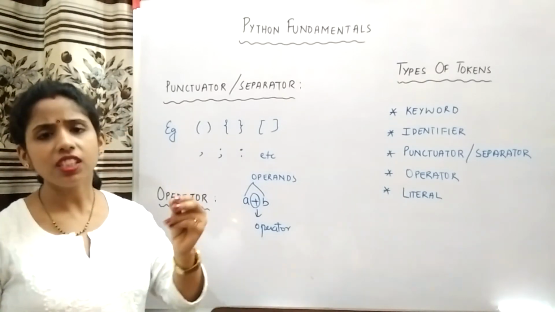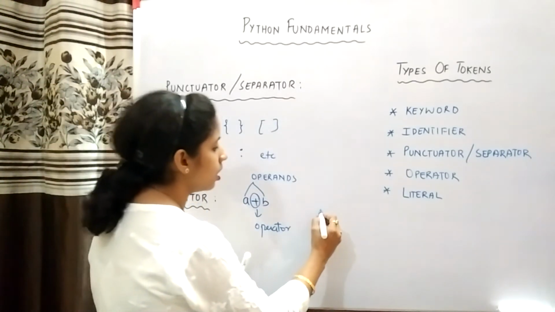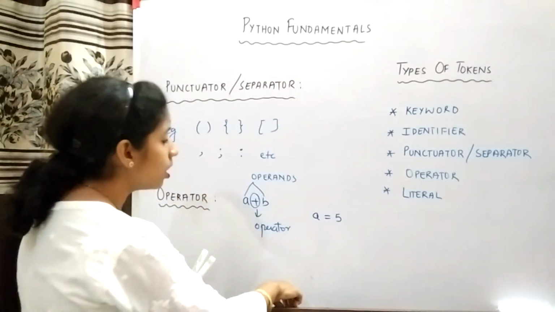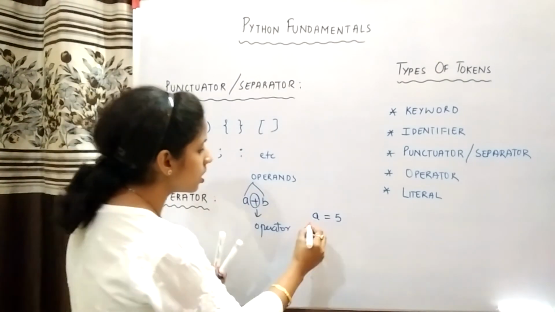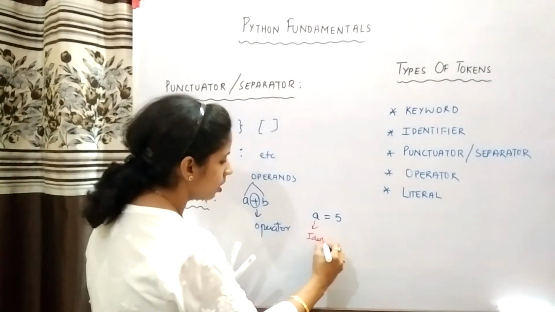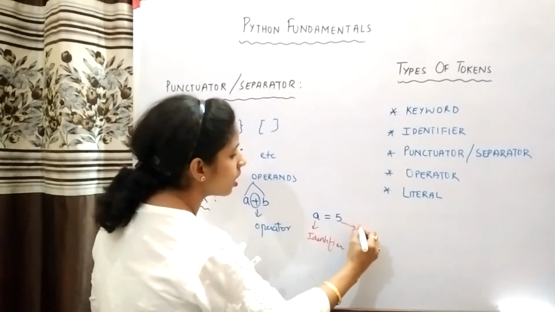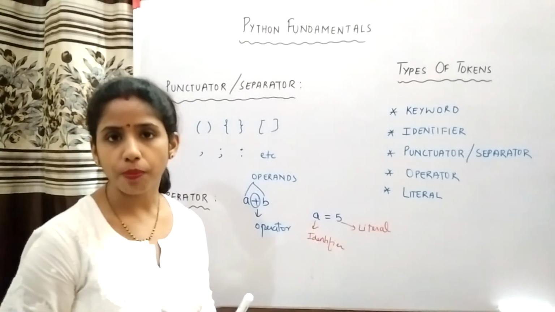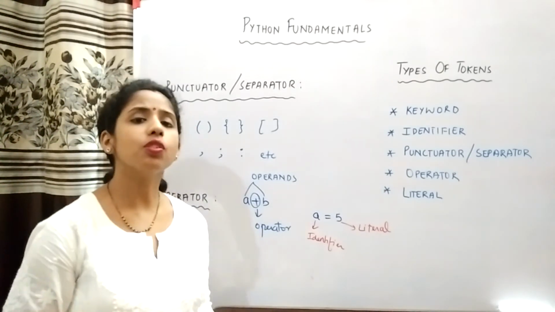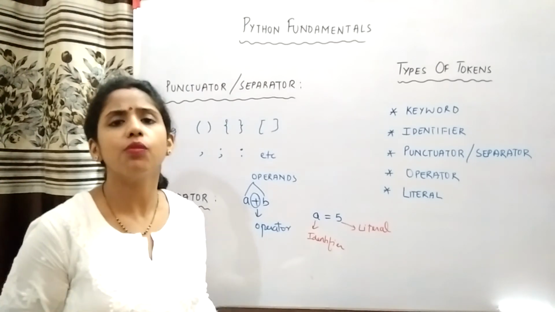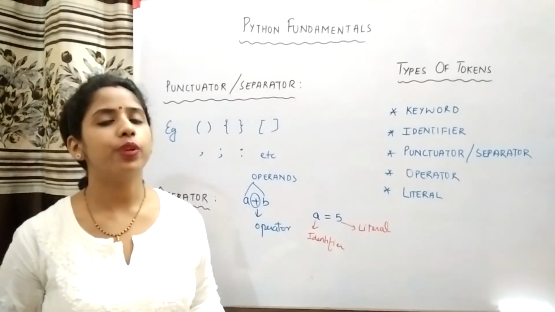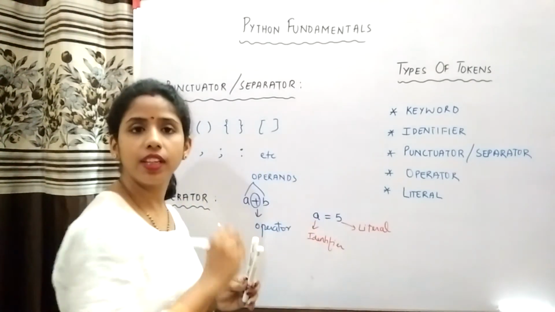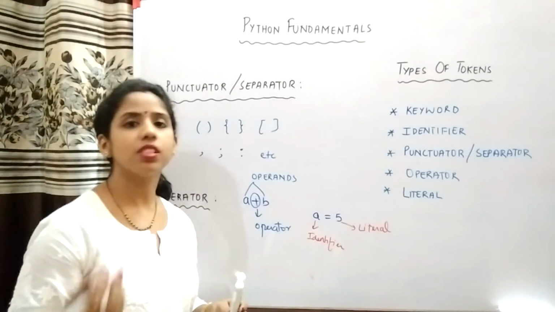So if I just take a simple example, say A is equal to 5. So see how many tokens you find in this. This is an identifier. Okay, this is a literal. Children, literal I'll discuss in my next video because literal is a vast topic and there are numerous types of literals. So actually literal in just a single word I can say is the value which is provided to any variable. आप किसी variable को जो value देते हैं तो वो जो value होती है उसको हम literal कहते हैं, and these are of many types, so I'll be doing a separate video over it.